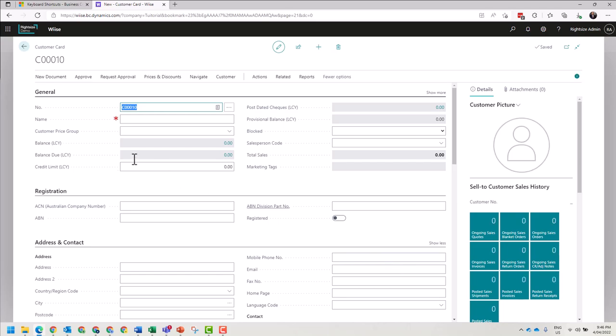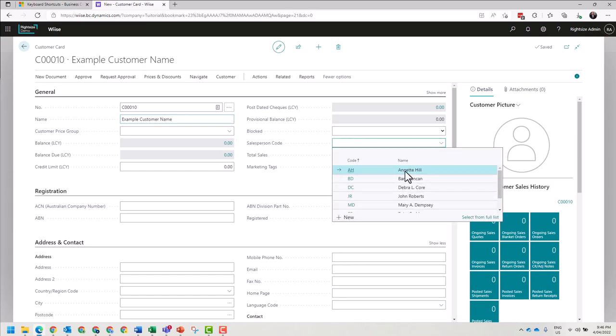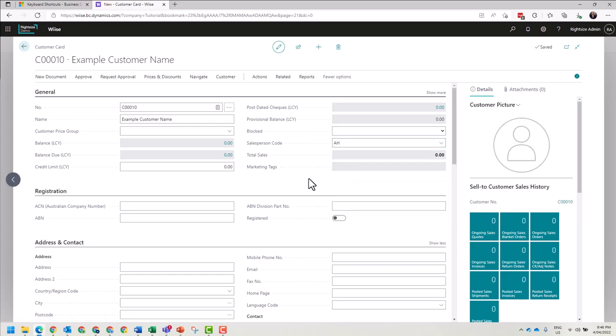Once we're in the record, the default number series will be populated, and I'm going to type here example customer name. Now, we have a few things that we may want to set for this to work. So we may want to set the salesperson code. I'm going to select Annette as the salesperson. We may want to set a credit limit